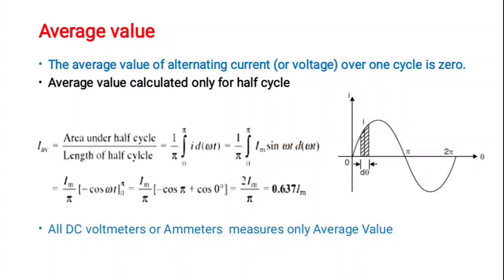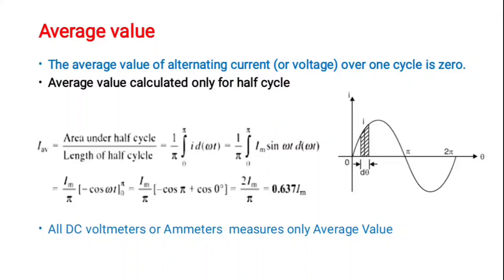If you substitute that, then the equation will become 1 by pi ∫ from 0 to pi of Im sin omega t d omega t. So if I integrate the inside term, Im is the constant, it will come outside. So the outside term will become Im by pi. The integration of sin omega t is minus cos omega t for the limit 0 to pi. So if you substitute pi and 0 in the limit, we are getting 2 Im by pi,